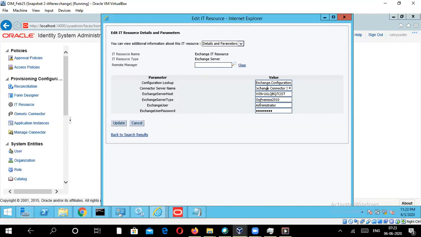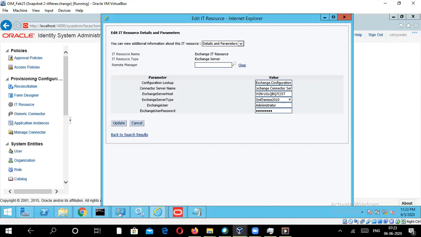For the Exchange server host, you give the host name on which your Exchange has been installed. This is my host name. The Exchange server type is whichever Exchange system you're using. Right now I've installed Exchange 2010.